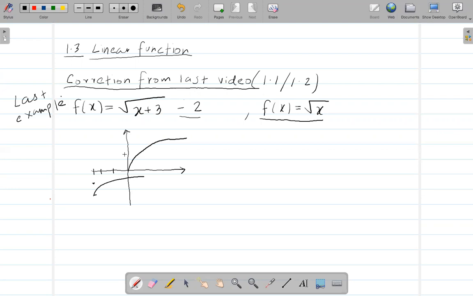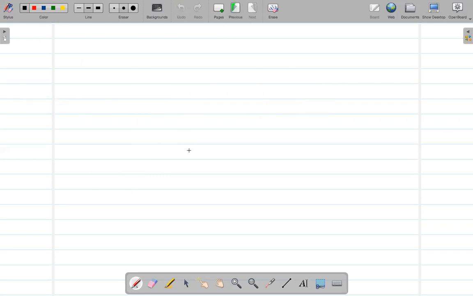All right. Now let's start this section. Like I said in the last video, the whole chapter 1 is kind of a revision of college algebra or any algebra class you took. So in this section 1.3, the first thing we're going to look at is the slope-intercept form,